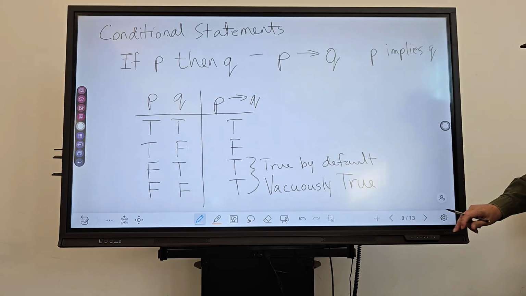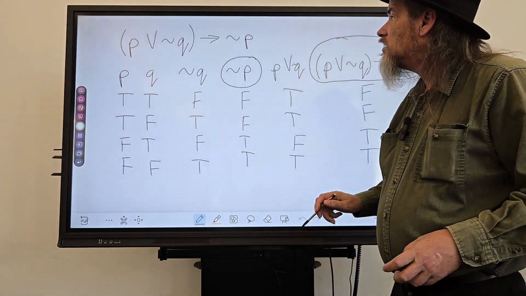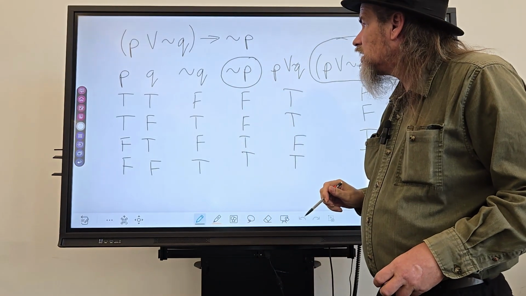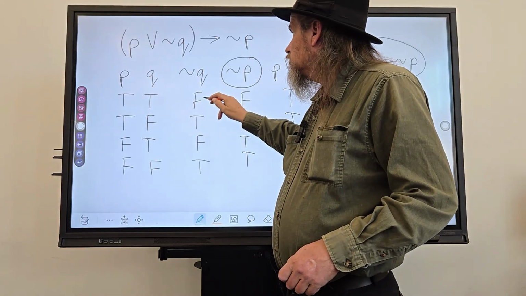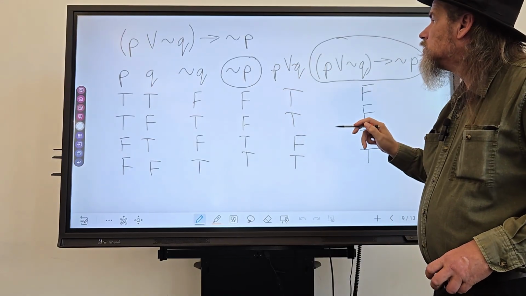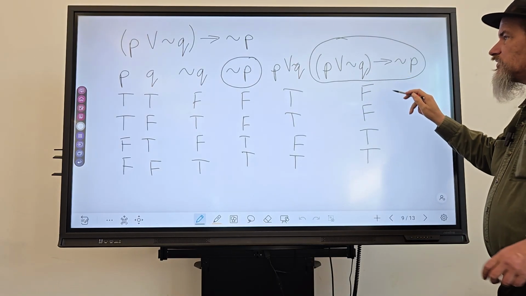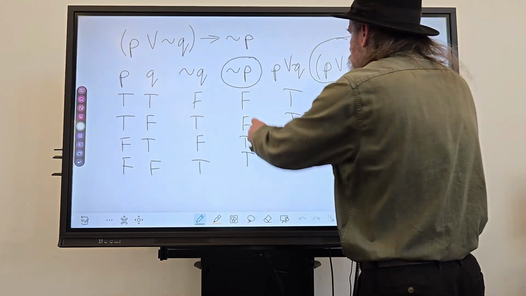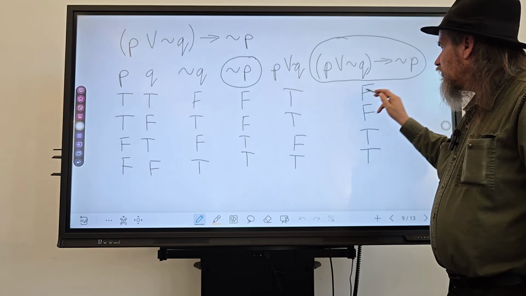Now let's see here. Let's look at this. P or not Q implies not P. So you do the truth table, P and Q, not Q, not P, P or not Q, then the whole expression together, which is P or not Q implies not P, which gives you false for the first two,